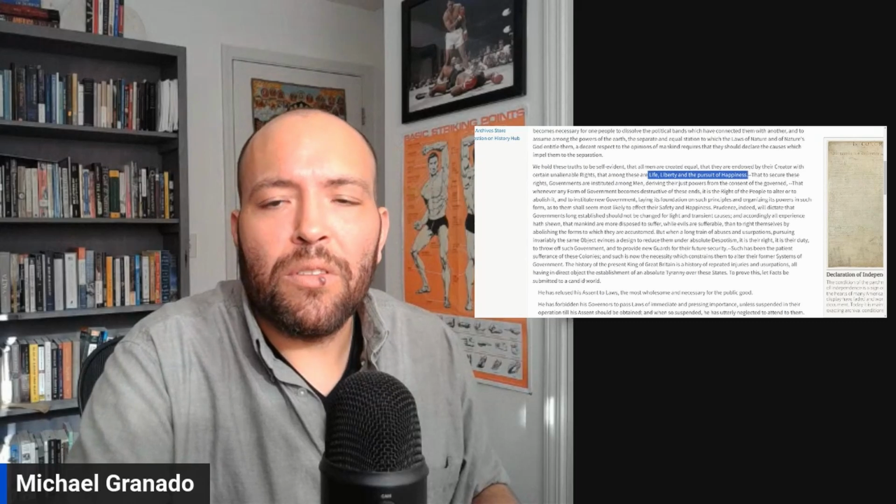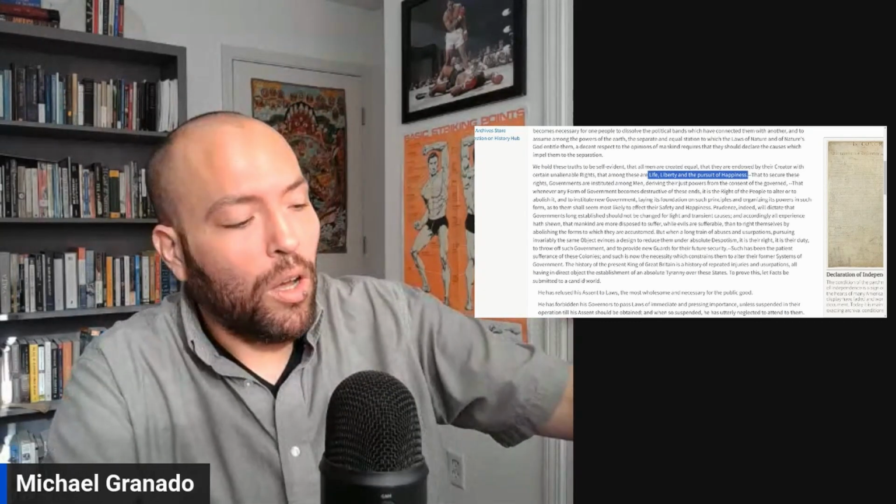Now, one of the things that we talked about in class, this line's famous for a few reasons. So what is the right to life? Well, the right to life, according to people like Hobbes and Locke, if you want to think about it more philosophically, who owns your right to live? That's a weird question. So according to Hobbes, if you look at what counts as possession, what counts as ownership in a state of nature, in a state in which government doesn't exist, in what sense do I own my phone, for example?